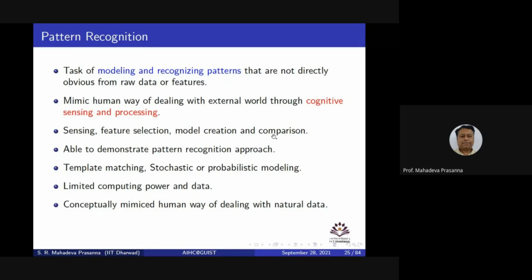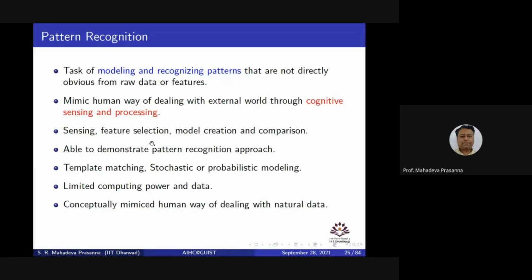These are fundamental elements for a pattern recognition system. For example, the sensing mechanism will represent the auditory ears or auditory perception system when you go for speech communication. Feature selection is the representations which are put onto the auditory nerve. Model creation represents the models that are developed in the cognitive system. Comparison is, during testing, how we can use those models for understanding the message present in the given speech. So in that way, people brought their own block diagram approach for pattern recognition,